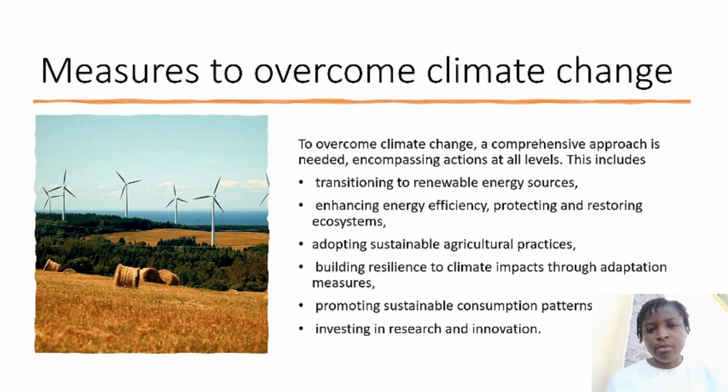So let me continue to the measures to overcome climate change. To overcome climate change, a comprehensive approach is needed, encompassing actions at all levels. This includes transitioning to renewable energy sources. Another one is enhancing energy efficiency, protecting and restoring ecosystems. So we must protect our ecosystems, for example, by planting more trees, replacing trees after cutting down the